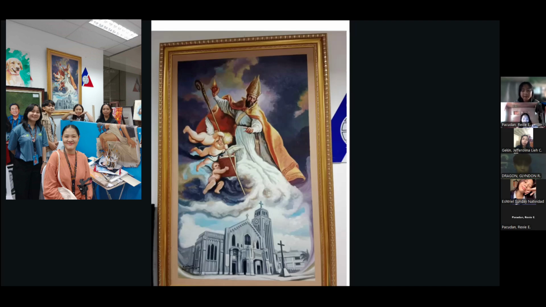Below the celestial figures is a large cathedral that is depicted in a realistic architectural style, representing a specific religious institution, which is called St. Augustine Metropolitan Cathedral, the first church structure built in Cagayan de Oro City. The contrast between the vivid heavens and the muted earth below emphasizes the connection between the divine and earthly realm. Together, these elements suggest a scene of spiritual protection and heavenly guidance over the church and its followers.